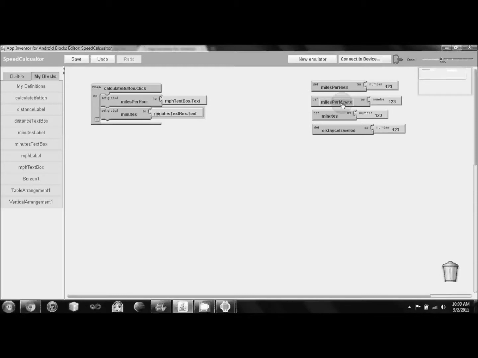Next, I've got this variable miles per minute. To do the calculation, distance traveled. Oh look, I have a typo there. Let's fix that really quick. Distance traveled with a capital T. To get the distance traveled in a minute going a certain miles per hour, we need to get the calculation